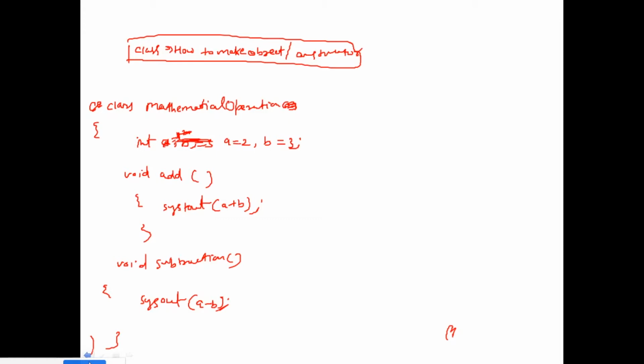Suppose I am making a calculator, right? I have a project to make a calculator. So suppose I am writing a scientific calculator program. Sometimes I am writing sine cos calculation, sometimes a different type. Every time I need this add method to use, right? So am I going to make this add method again over there? No, because this add method is already present inside this MathematicalOperation class.